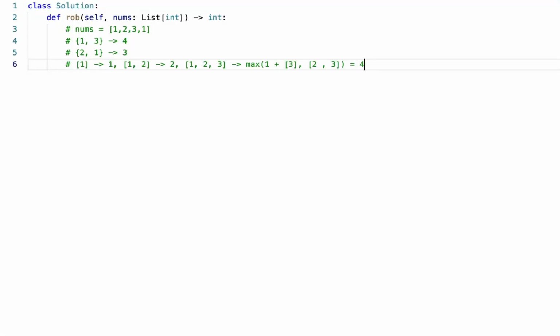If this one is taken, then it's everything from after. Okay, so I can actually write this down. If nums[i] is taken,